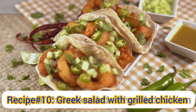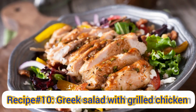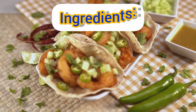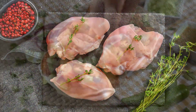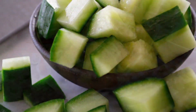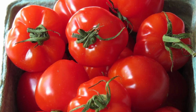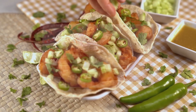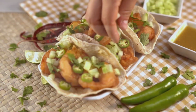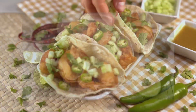And the 10th recipe is the Greek salad with grilled chicken. The ingredients to use are as follows: 4 boneless, skinless chicken breasts; 4 cups of mixed greens; 1 cucumber, diced; 1 pint of cherry tomatoes, halved; 1 red onion, thinly sliced; 1/2 cup of crumbled feta cheese; 2 tablespoons of olive oil; juice of 1 lemon; 1 teaspoon of dried oregano; salt and pepper to taste. And the instructions to follow